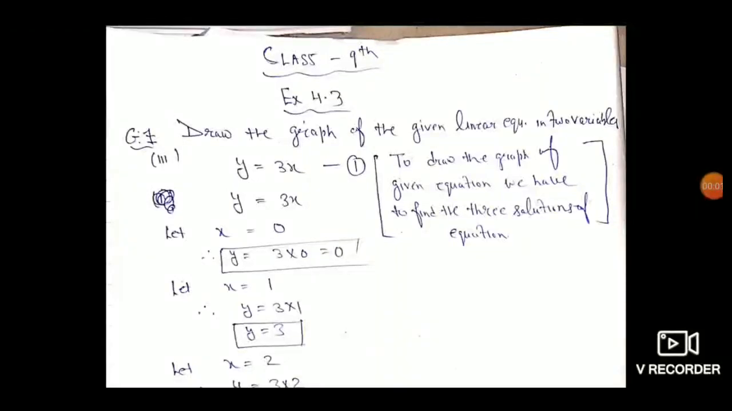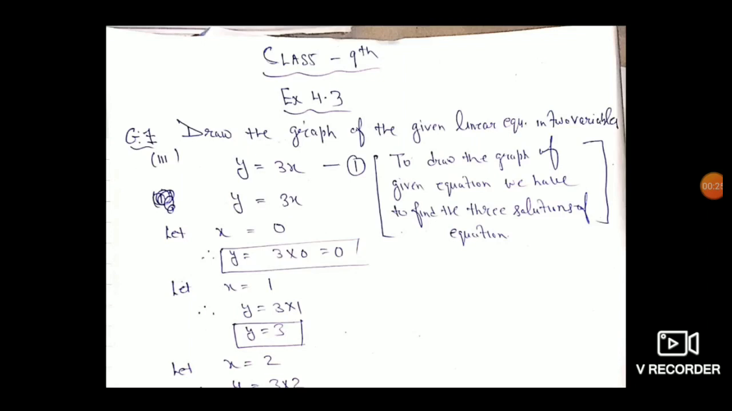Students, today we are going to solve the remaining parts of question number 1 of exercise 4.3. In this question, we have to draw the graph of the given linear equation in two variables. So your third part is, your given equation is y is equal to 3x. You have to draw the graph of this equation, meaning you have to represent this linear equation on the